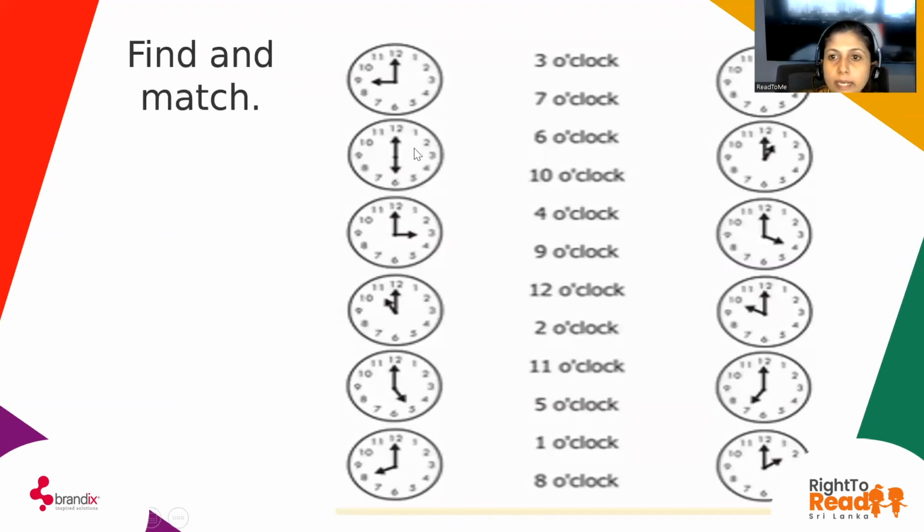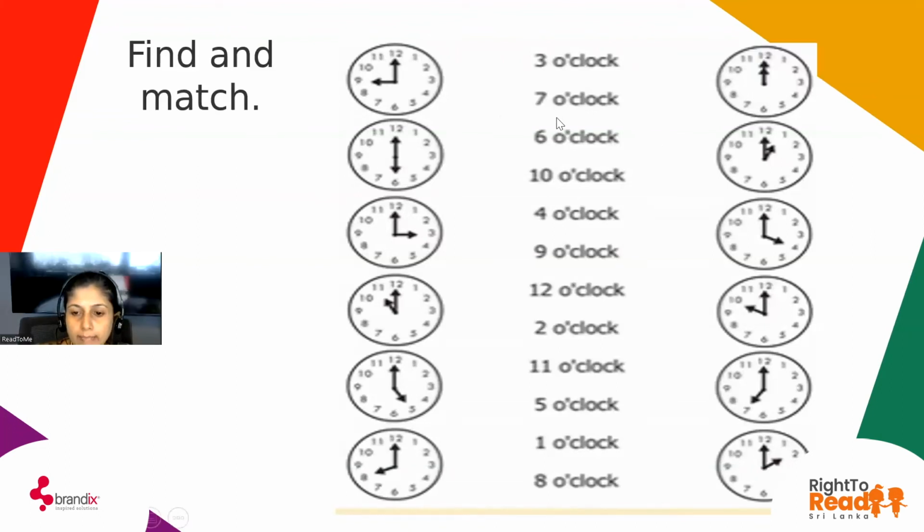Here, you have to find and match. There are some clocks. Can you see? There are some clocks here. And the time is mentioned between the clocks. First one, 3 o'clock. In the first line, you can see 3 o'clock. Second one, 7 o'clock, 6 o'clock, 10 o'clock, 4 o'clock, 9 o'clock, 12 o'clock, 2 o'clock, 11 o'clock, 5 o'clock,